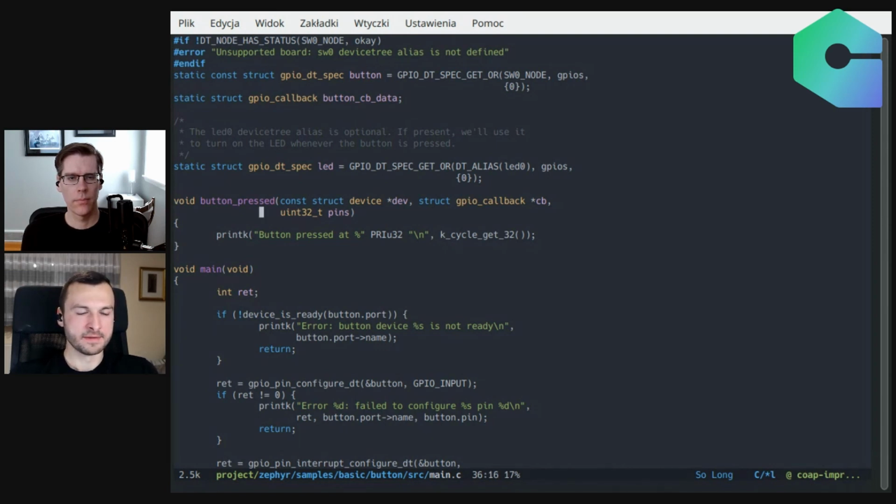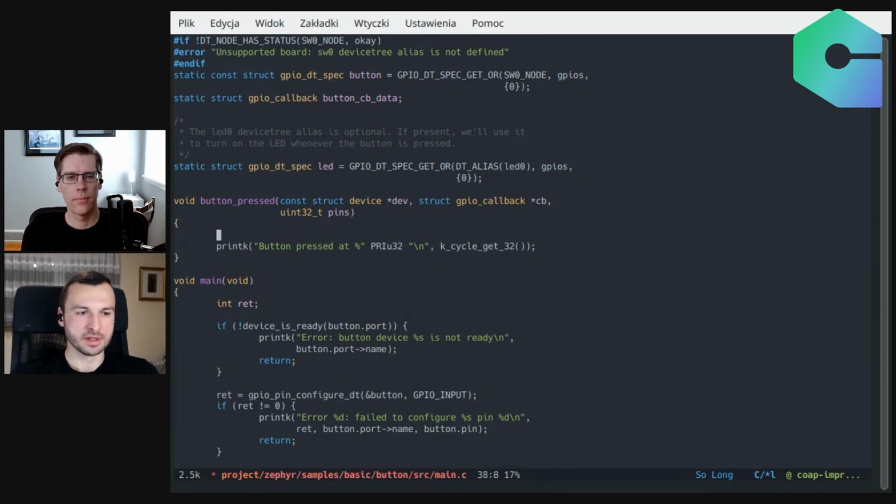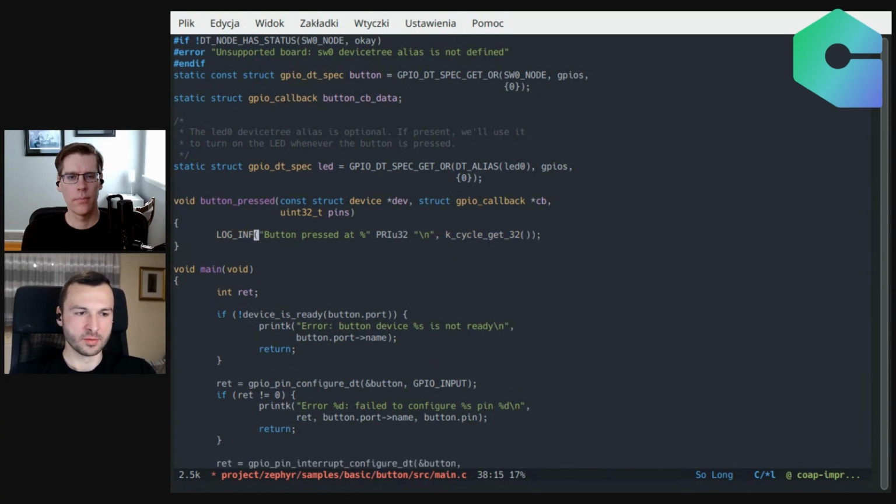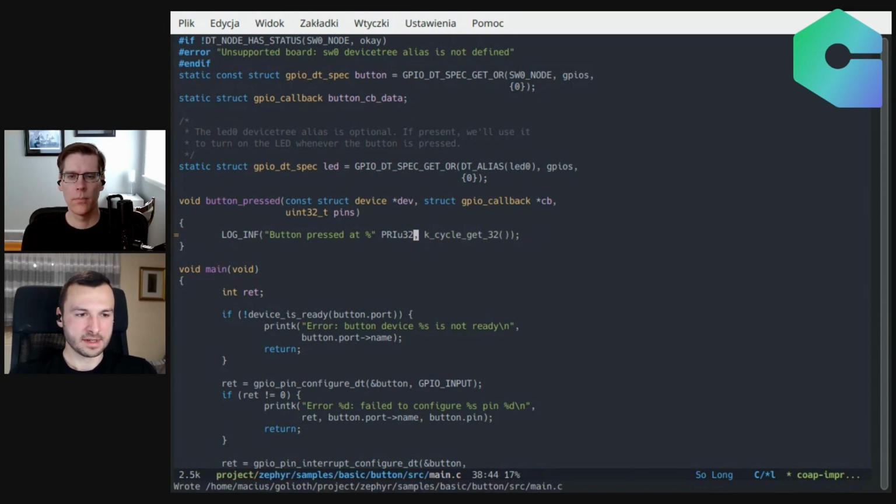And one of the optimizations that we can do here to still be able to show the context and the execution flow of the interrupt handlers and be able to debug them and not block too much is to use the logging subsystem. So right now we'll use the loginf function. Actually, it is a C macro, and we'll use it instead of printk. The most important thing is to replace the printk with loginf. And the next one is to remove the new line character because it's added implicitly by this macro. And after saving the file,